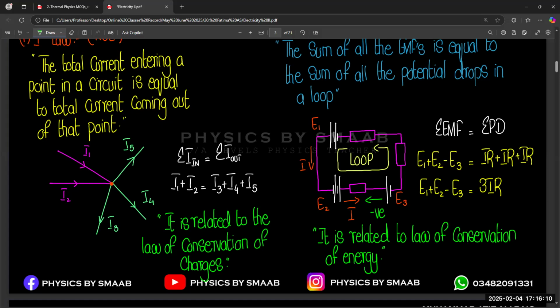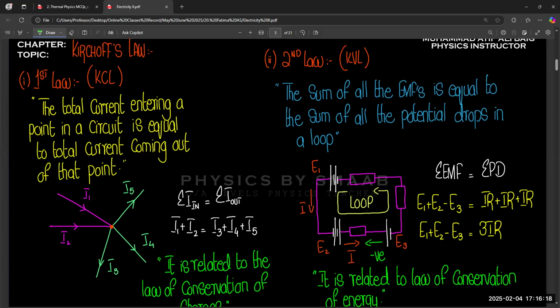So this is the concept of Kirchhoff's first and second law. The next and last topic in this chapter is potentiometer. A potentiometer is a component that gives you a variable voltage. For example, in our daily life, we use regulators to increase or decrease the speed of fans. There is a simple knob, we just rotate clockwise or anti-clockwise, and that will increase or decrease the quantity we are using.